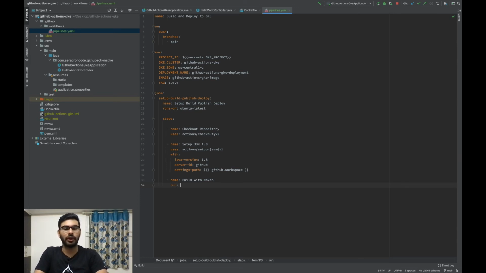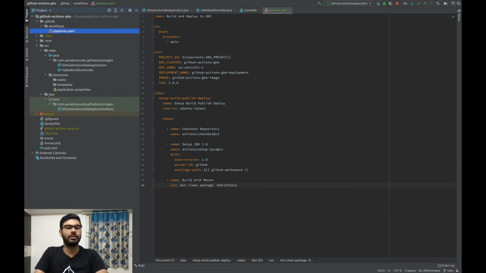So to execute we write run. For our execution we just give the command that we want to run here. The build command that we will be using is mvn clean package -DskipTests. That's it. So this will skip any test cases that are there.